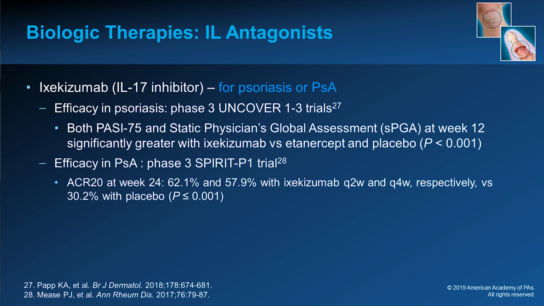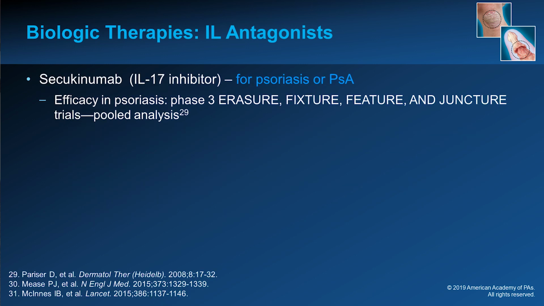And then when you look specifically at psoriatic arthritis and the efficacy for this medication, we looked at the phase 3 SPIRIT-P1 trial. In this trial, about 62.1% and 57.9% of patients treated with ixekizumab at 2 weeks and 4 weeks respectively, versus 30% with placebo, attained that ACR20 criteria at week 24. Now, the safety profile for this was also quite reasonable with this medication, with the most common side effect being injection site reaction. And then finally, the other IL-17 inhibitor is secukinumab, which is also used for both psoriasis